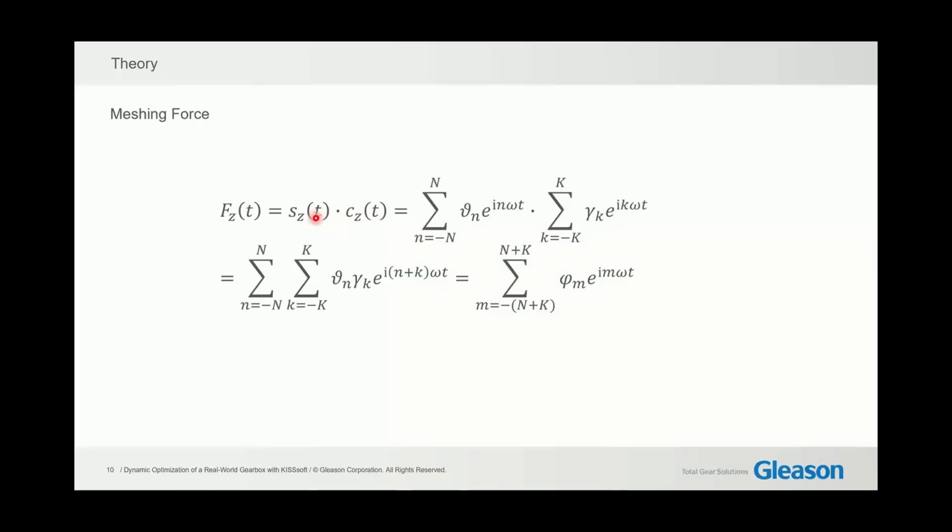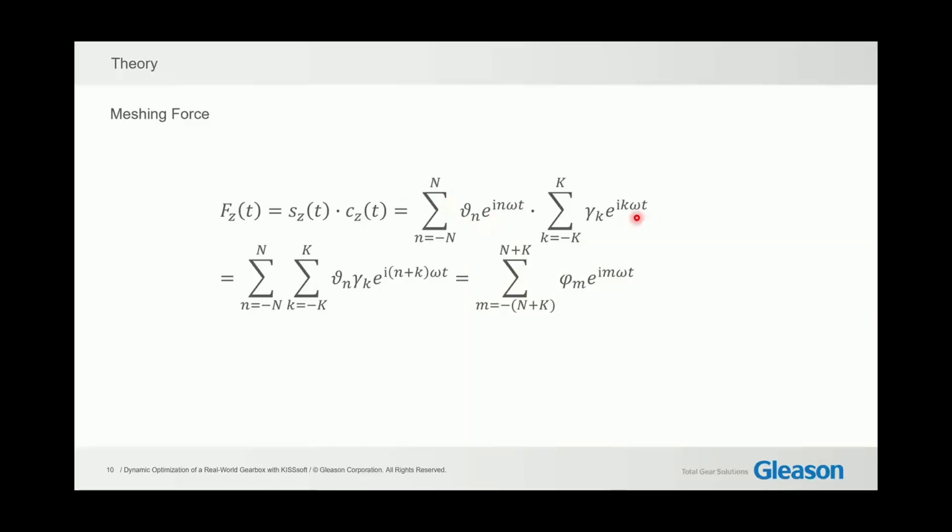If we replace both of these time functions with the respective Fourier sums, we have first of all this stiffness function here in the background. This is calculated using our contact analysis. And we also have a representation of the displacement of the gears